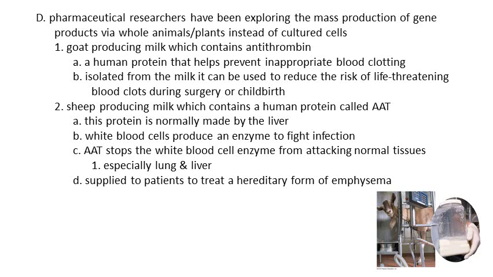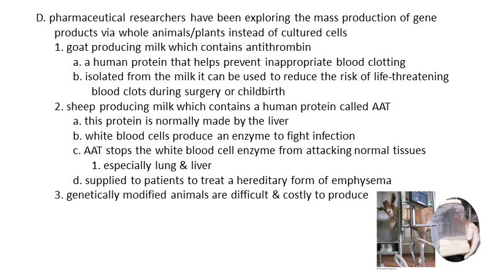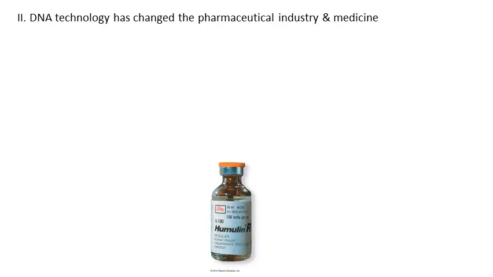So once again, an example of mass production of gene product using a whole animal instead of just a batch of cultured cells, essentially. So GMOs, the real downside to them is that they're difficult to produce, and well, DNA